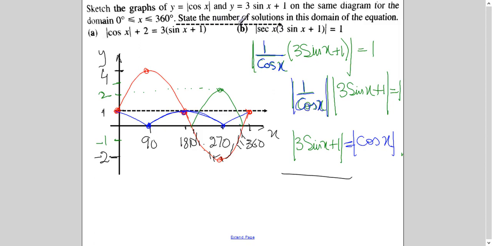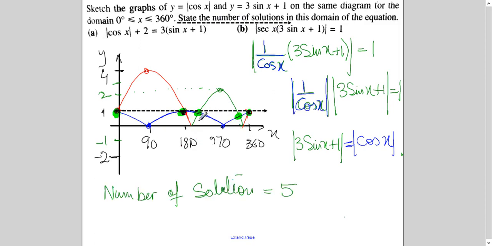You have to find the number of solutions. So you will see at how many places it is intersecting. So it is intersecting here, here, here, here, here. So there are 5 solutions for this equation. So at a glance, it looked like we have some different equations, but after simplifying it, we realized that it is exactly the same thing which we have sketched. So we just found the number of solutions. Here we had to do a little alteration in the graph, but we found the number of solutions.